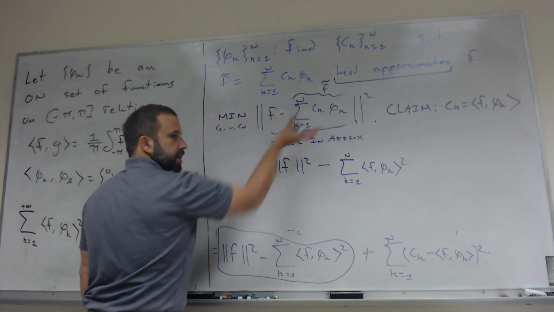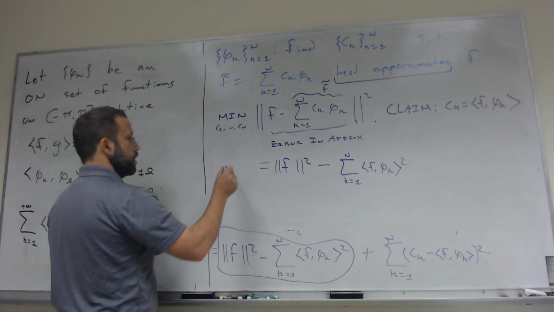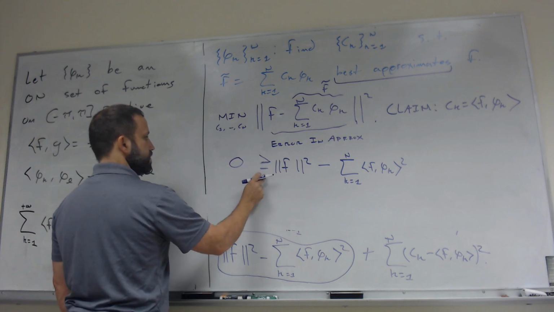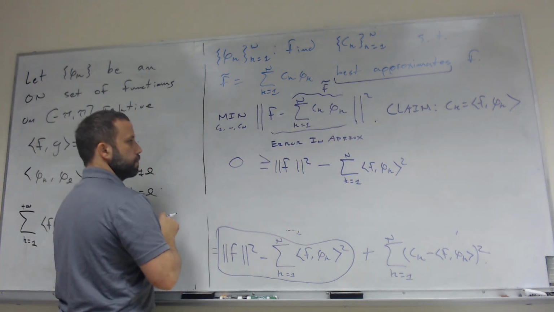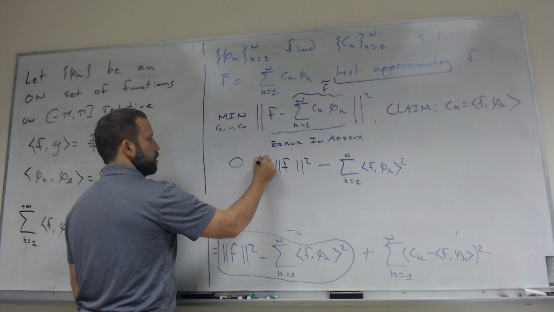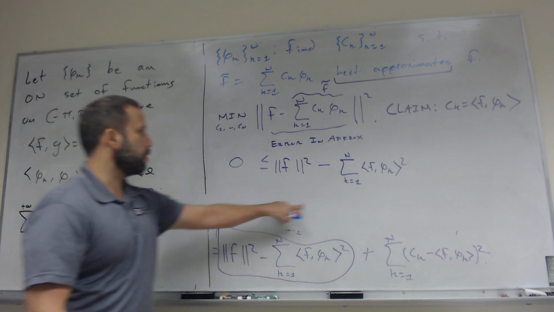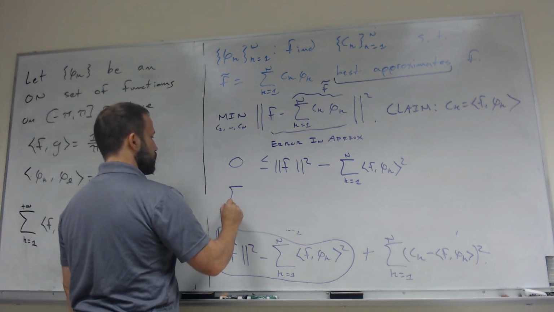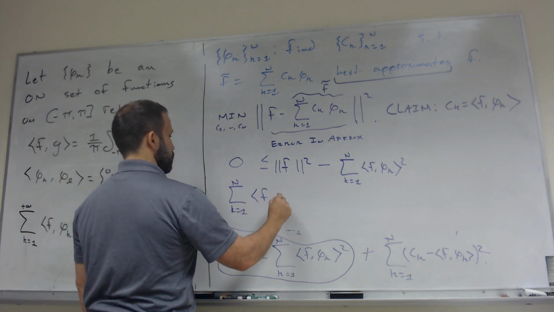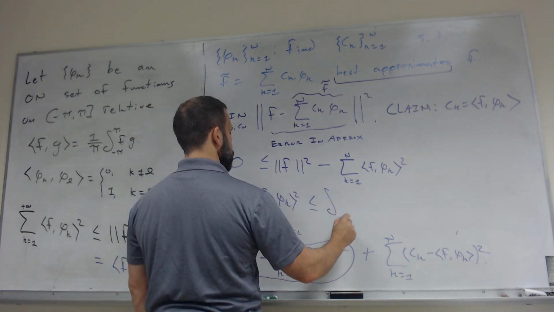Okay, well, this is the norm squared, so it's greater than or equal to 0. So this quantity here is greater than or equal to 0. This quantity is equal to the error term. The error term is greater than or equal to 0. Whoops, I got this wrong way around. So this right here is greater than or equal to 0. Well, now we just rearrange the inequality and put that sum over there, and what we end up with is the sum k equals 1 to n of the inner product of f and phi k, squared, is less than or equal to